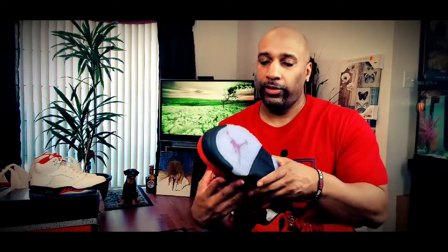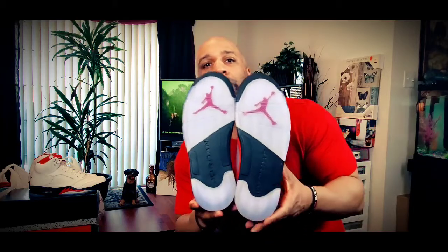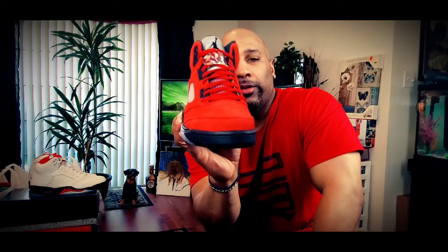All right, so with these, you're getting ice on the bottom, Jordan brand, no Air Jordan, which I think was a pack that had one of the shoes with Nike Air on the back. But as you can see, you get the Jumpman with the Jordan brand. 23 embroidered right here. Red suede everywhere. It really stands out. Black jeans, black shorts, black jersey shorts, black sweats,